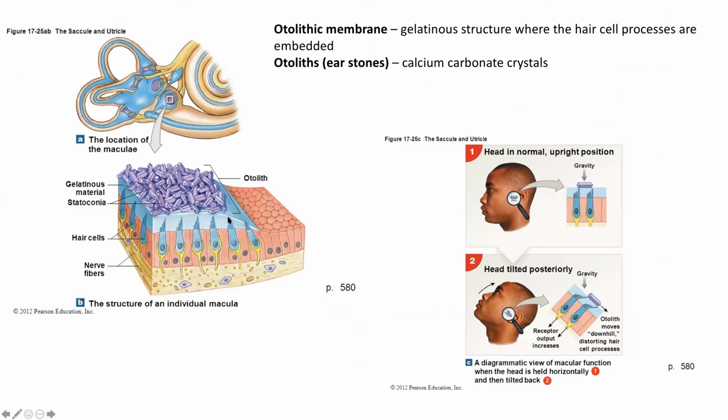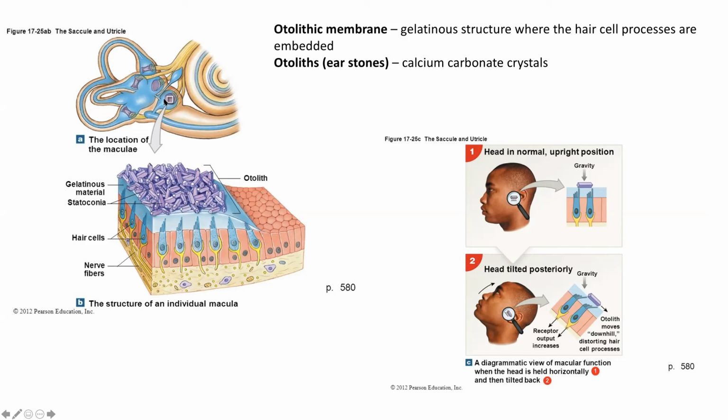It has a similar gelatinous material, but then you also have these otoliths, or ear stones, on top of this otolithic membrane. So this gelatinous otolithic membrane, just like the cupula, surrounds these hair cells, the cilia of the hair cells. So when we move our head forward, when we're walking forward or backwards or jumping up and down,